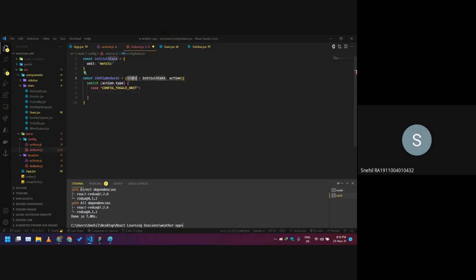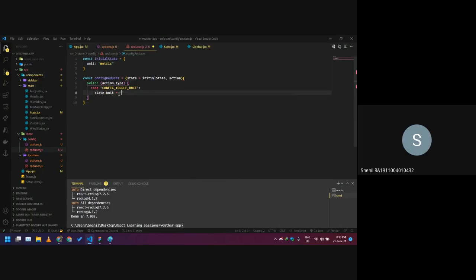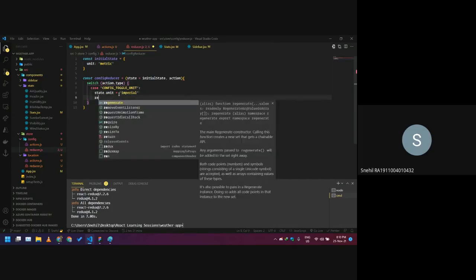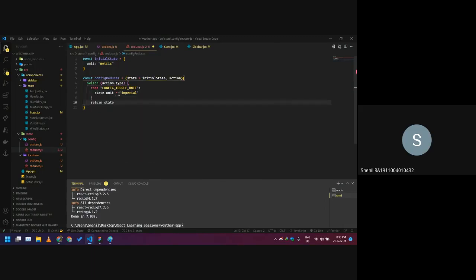So whenever you're updating a state, you'll always need to create a copy of the current state, because if you don't do that, then React doesn't identify the new state. If you just do state dot unit equals imperial, and then return the state over here, or maybe outside of this, like if you do this, then React won't identify the state variable as a new state,